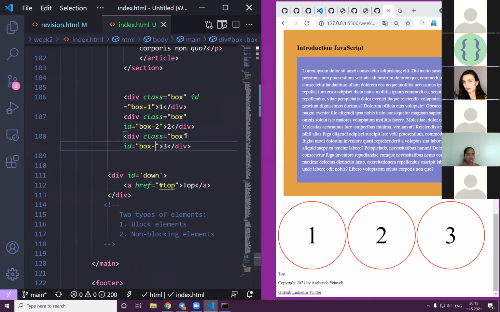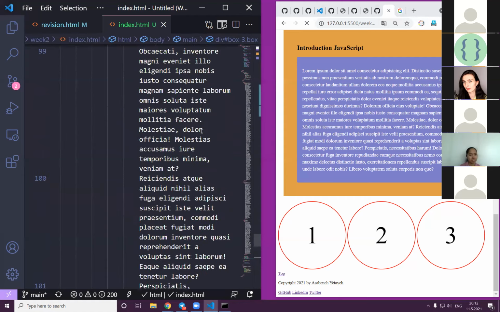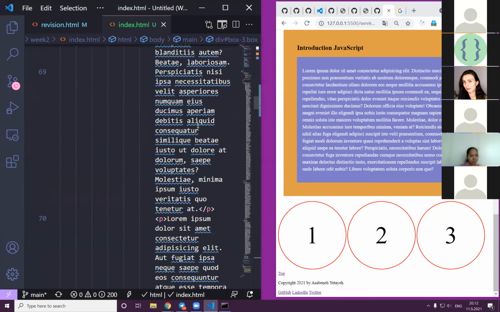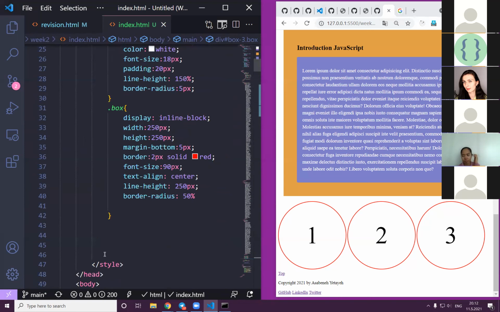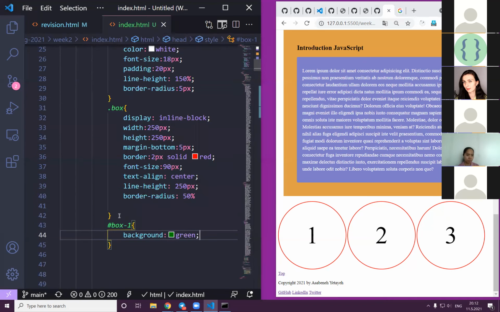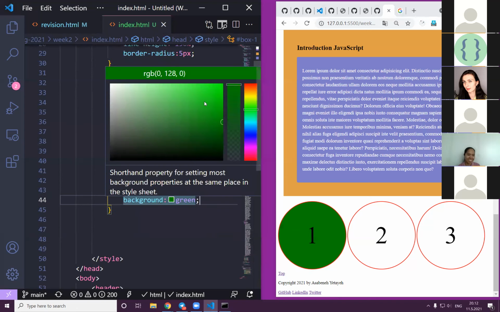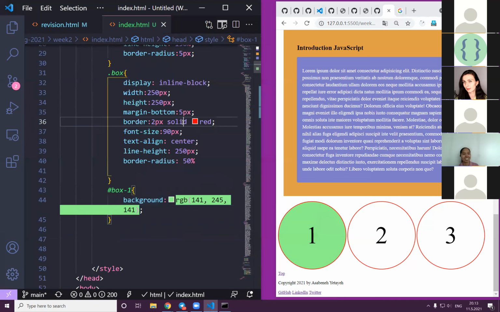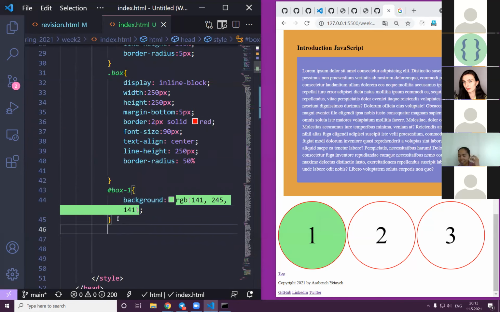Box 3. Great. Then we go and select by ID. Then we go here, hash box 1, background green. And then maybe that green is not a very good kind of green, maybe a bit light green. Yes. And then let's go for box 2